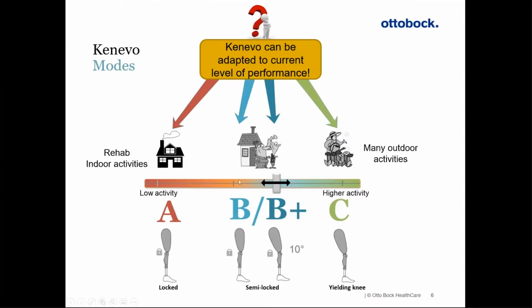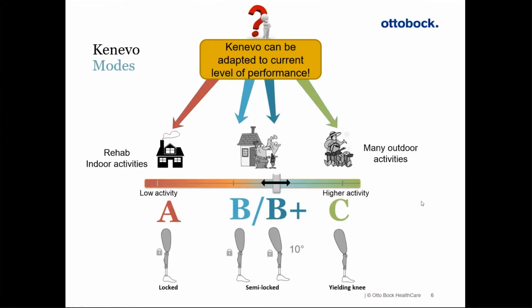So in mode B and B+, that's the typical K2 patient, probably mainly walking indoors, but a little bit outdoors. And then mode C enables also a lot of outdoor activities. But as I said earlier, for a patient who uses Kenevo in mode C, that takes some thinking and weighing of the options to determine whether the patient is better served with the Kenevo